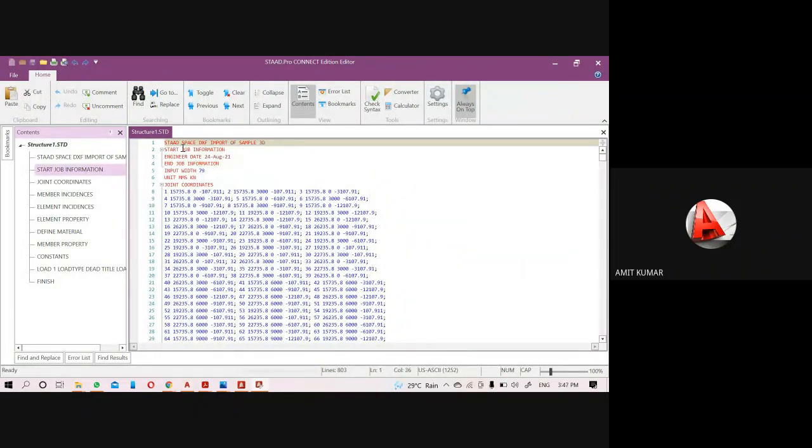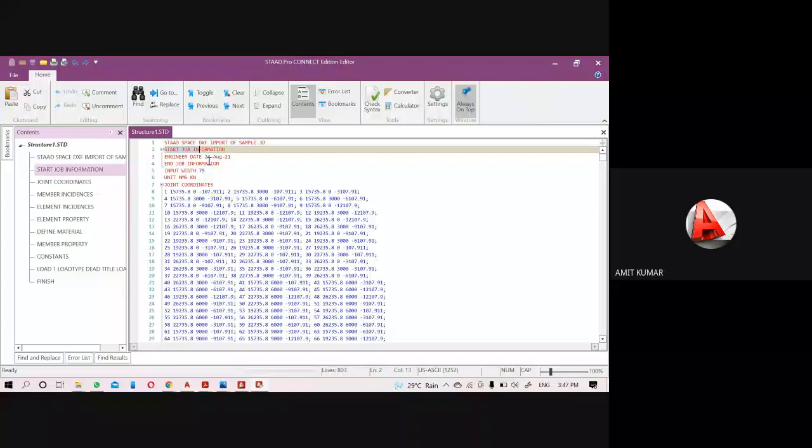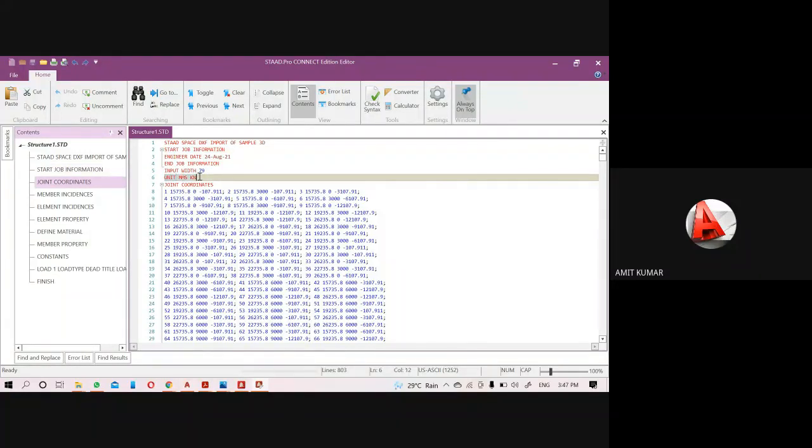So you will see start space DXF import of the sample 3D. Then after, start new job information, on which date I did it. This is the software's language input. Then what is the unit? You can see it is the MMS kilonewton.